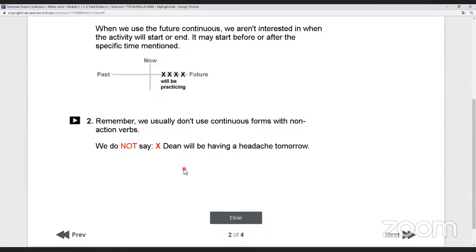I'm having a headache, right? I'm having a headache. In that case, yes, could be because it's happening right now. But I'm talking about the example. In the example, the correct form would be has a headache, because there's no way to plan a headache for tomorrow. You get it? So in some cases, when you use a non-action verb, just use it in the simple tense, right?